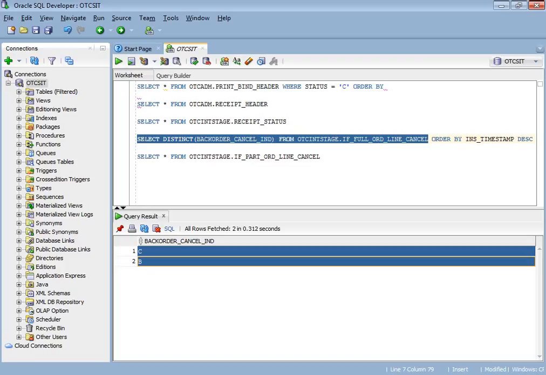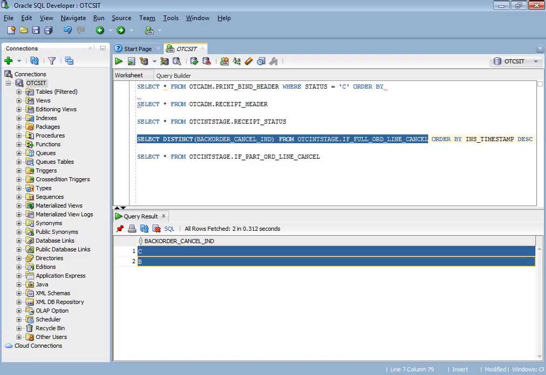If you want a complete cancellation, that means you don't want that particular book forever, then you request C. In that case, it will be cancelled forever. If you request with backorder cancellation indicator as B, it just updates the status as backorder. Whenever you want it again, you may release those orders and request shipment again.